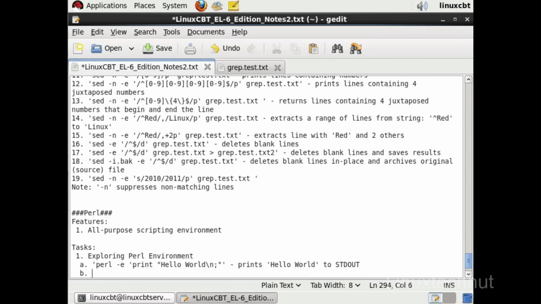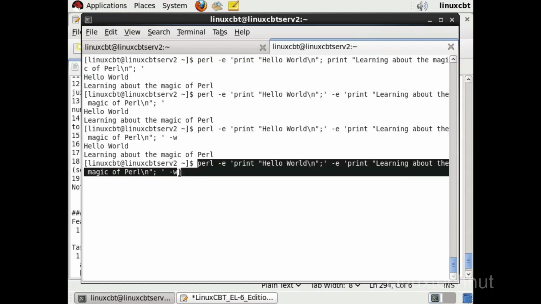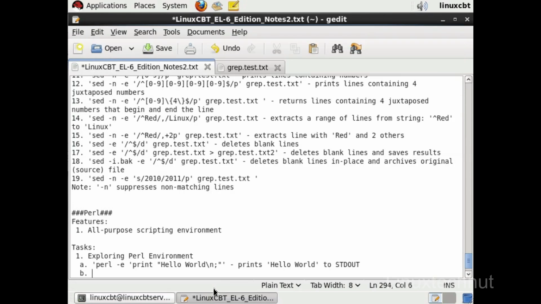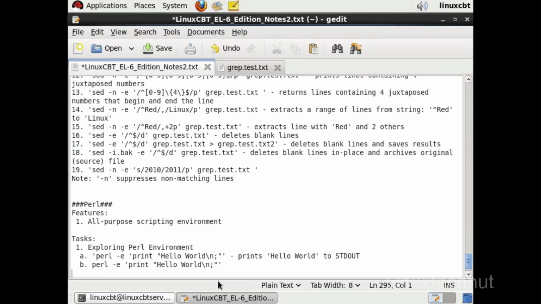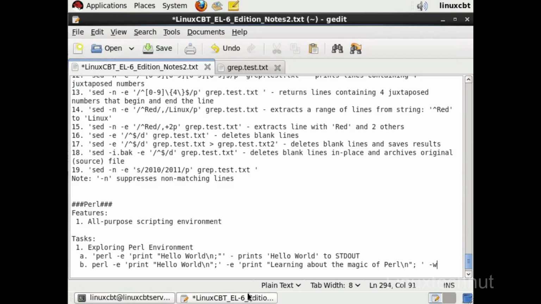So B is to print two lines. Let's take this second invocation, which also includes the -w option, which prints warnings in the event that there is some sort of syntactical error with your code. Let's try this again. Control-Shift-C, Control-V, and now it's in place. So let's just put this all between single quotes so that it's understood to mean everything between is to be